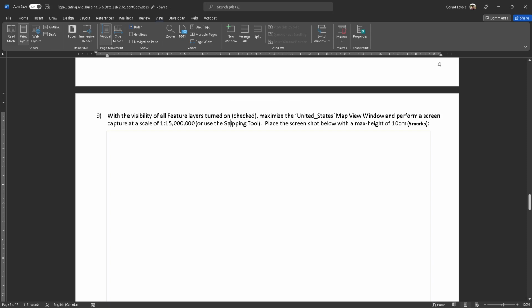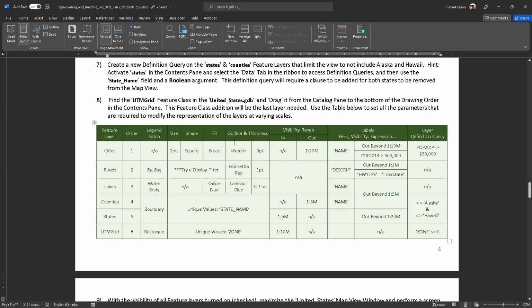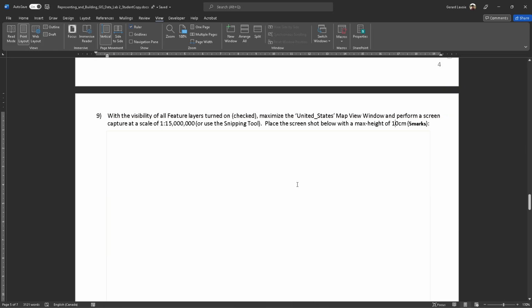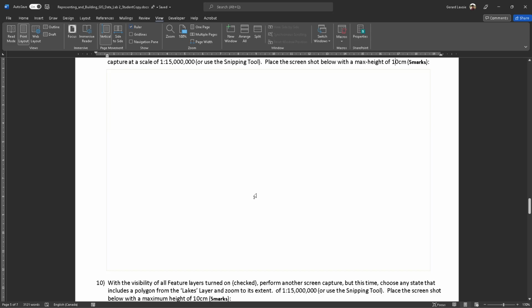Or you can use the snipping tool, but still, go to 1 to 15 million and get a screenshot and put it in this box right here. Maximum height, 10 centimeters. You're going to get 5 marks for that, because all the things that were done from the table above count. I'll be able to look at the screenshot and see what has been done at a scale of 1 to